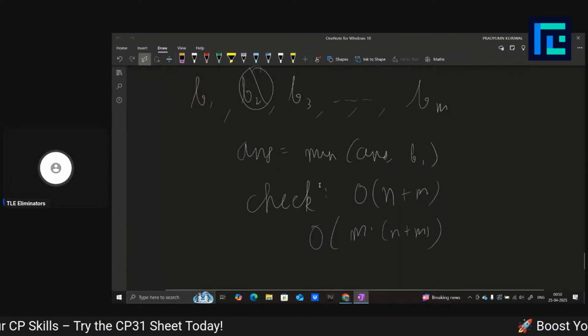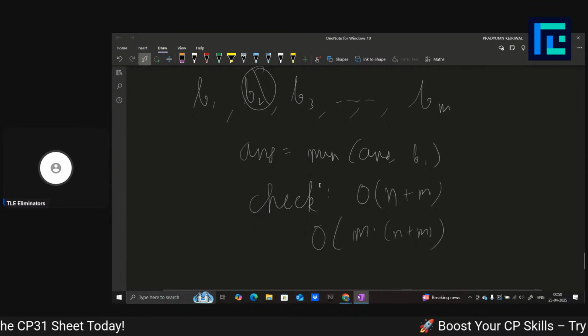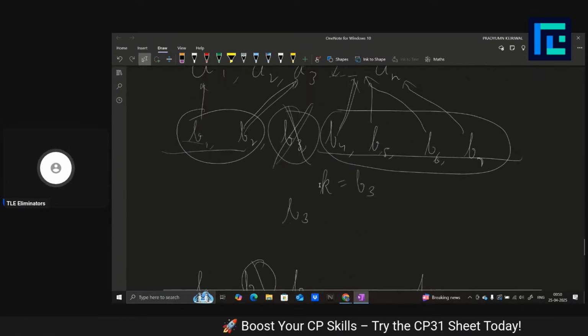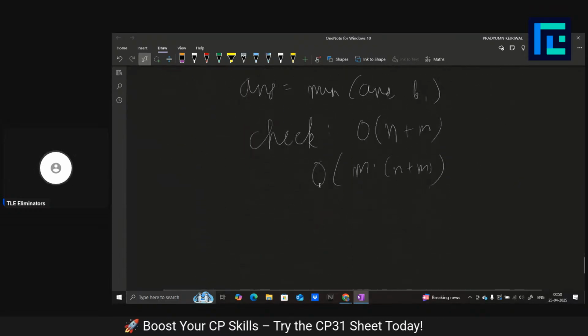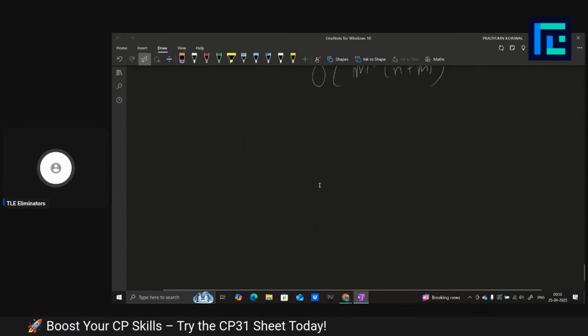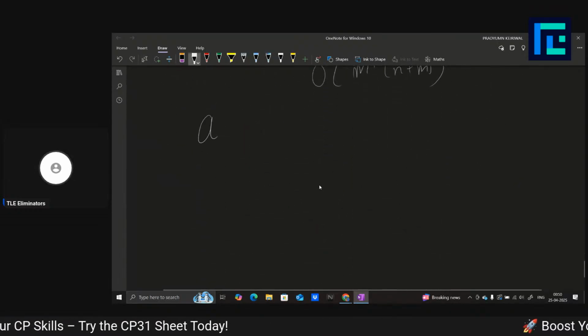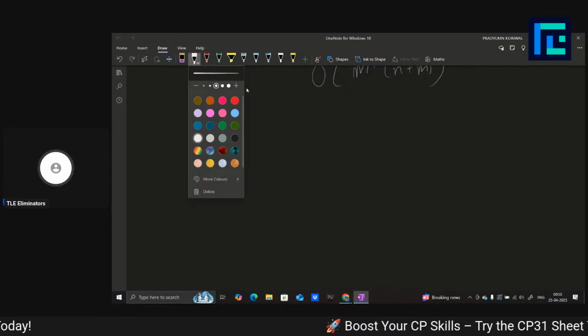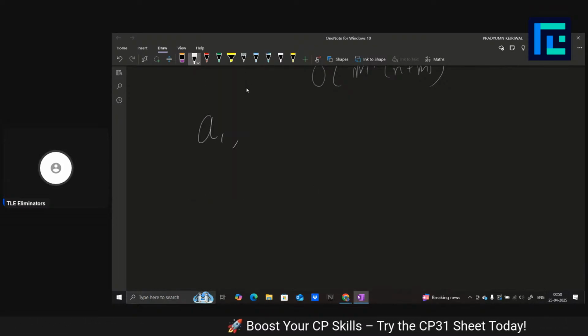So what do we do? Actually, we can extend this idea only. We can take this idea and extend it. How? See, what I am simply doing is that I want to just check that does there exist any mapping